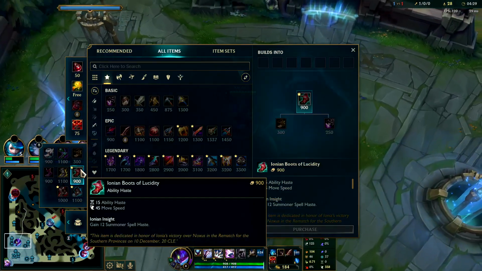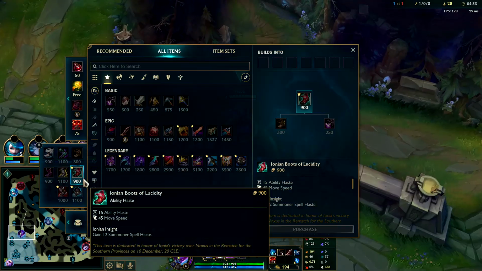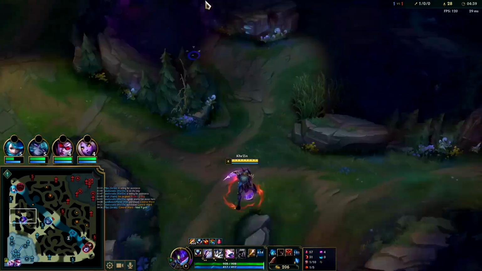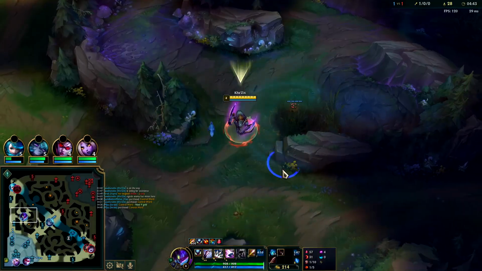Lucidity boots are tempting on Kha'Zix to rush. If you're not going to go Youmuu's, that's totally fine. But they're not super necessary because once you're level 6, your Q's on a giga short cooldown anyways because it's percent based lower. Oh, this little turd biscuit stole my...